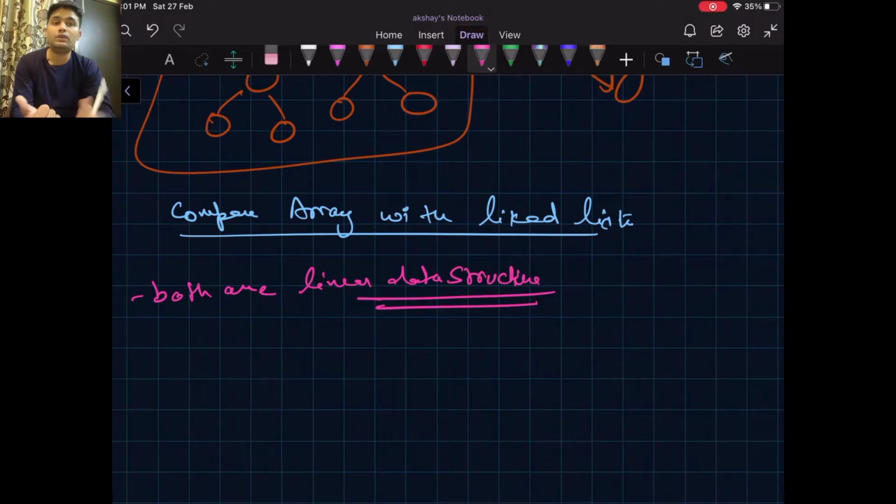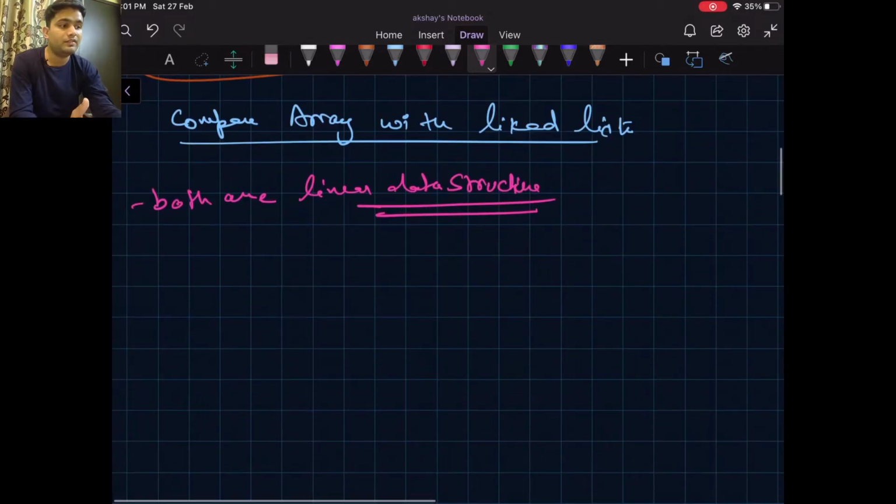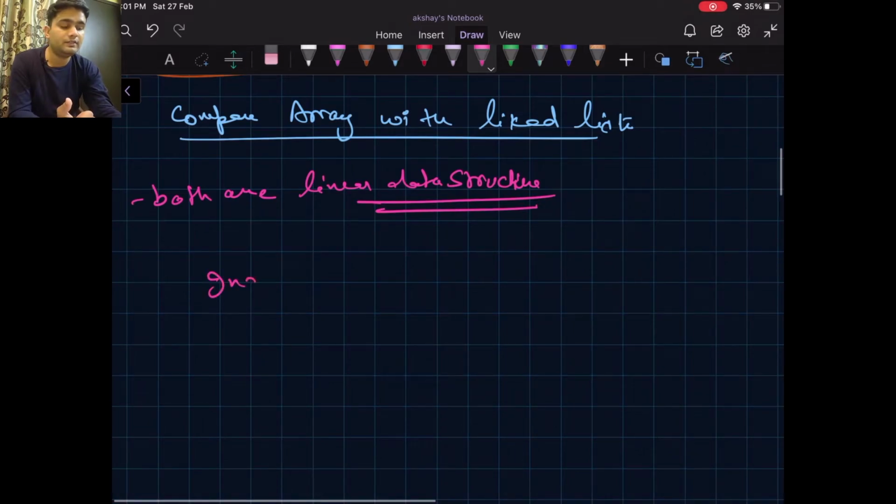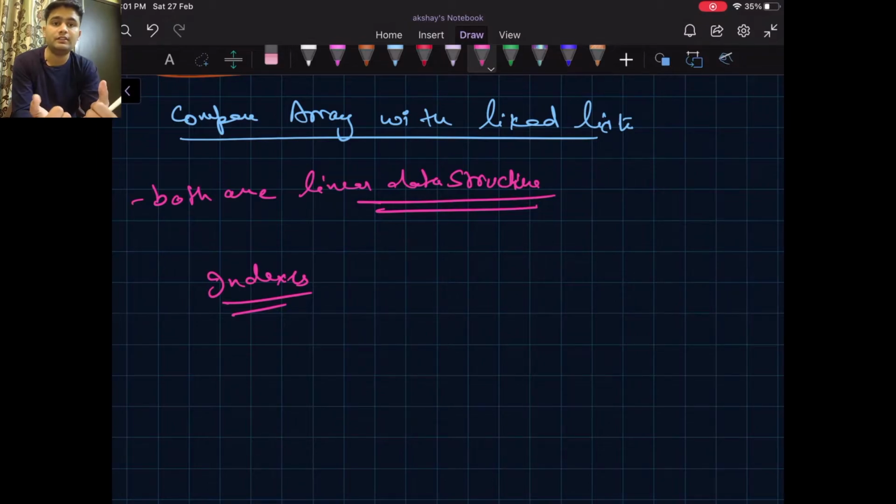Okay, so what's the difference between them? In array we have something called indexes. An array is composed of multiple indexes or homogeneous data which are stored at a predefined distance from each other.